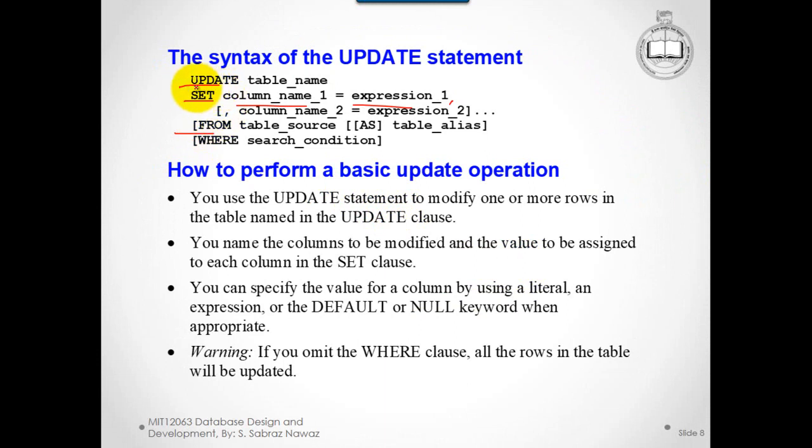First comes the update keyword with the table name, followed by the set keyword where we set the values. We mention the column name that is to be updated with the expression, the value. If you are going to modify more than one column, you have to separate them by commas, and you can have as many columns as you need in the table. And the from clause shows which table is to be updated, and the where clause is, most of the time,